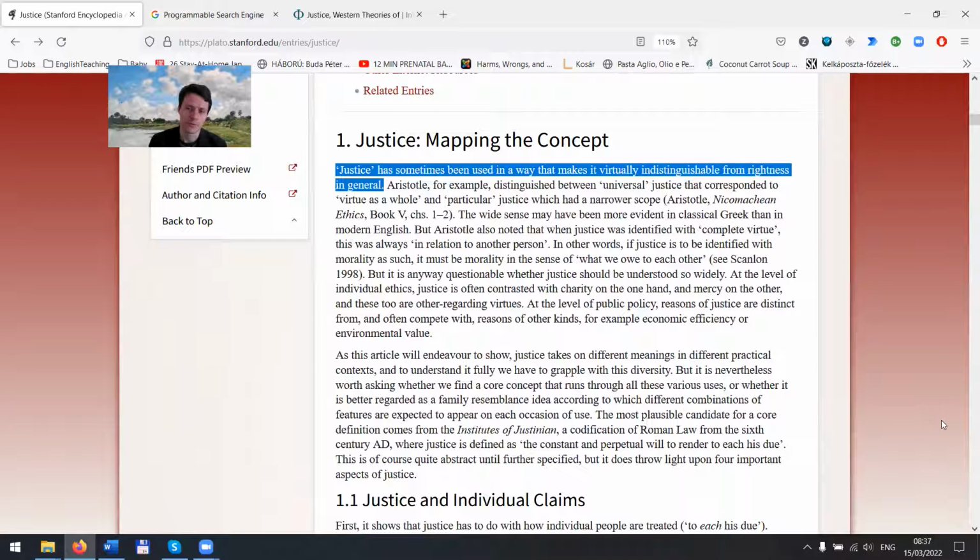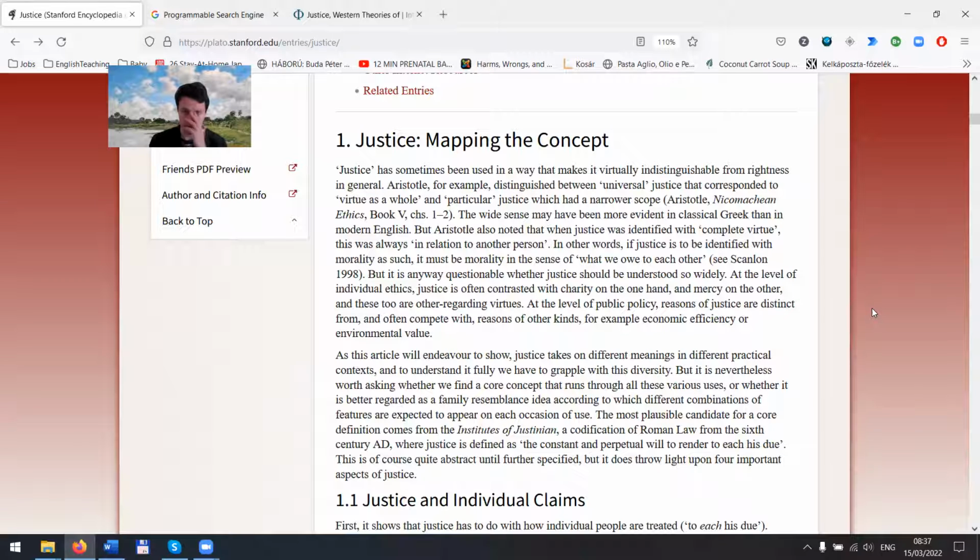These entries are usually very, very well edited, so the first couple of sentences are going to tell you what the paragraph and the section is about, right? So here we see that the first section is going to try to distinguish justice and rightness, right? Which is very interesting. In some way, rightness and justice do seem to be two concepts which are very close to each other,